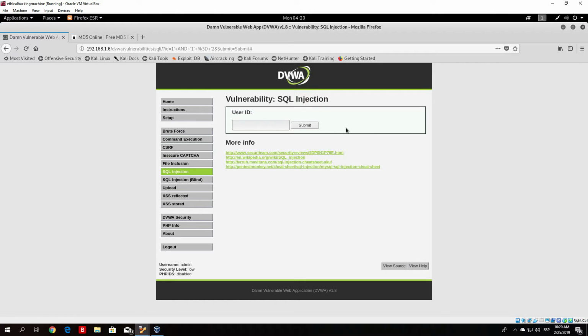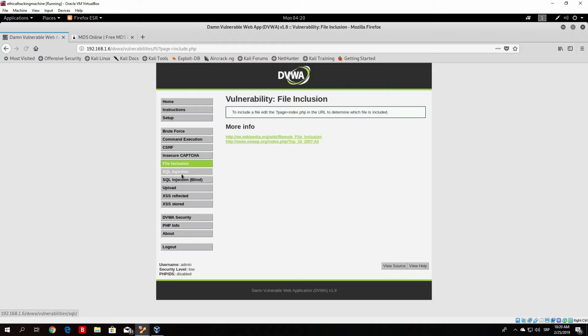Now, what does that mean? That means that the only way that we can, for example, do the first step, which is discovering the name of the database, is by brute forcing every character. Now, if you type here, since we already know the name of our database, we did it in the previous